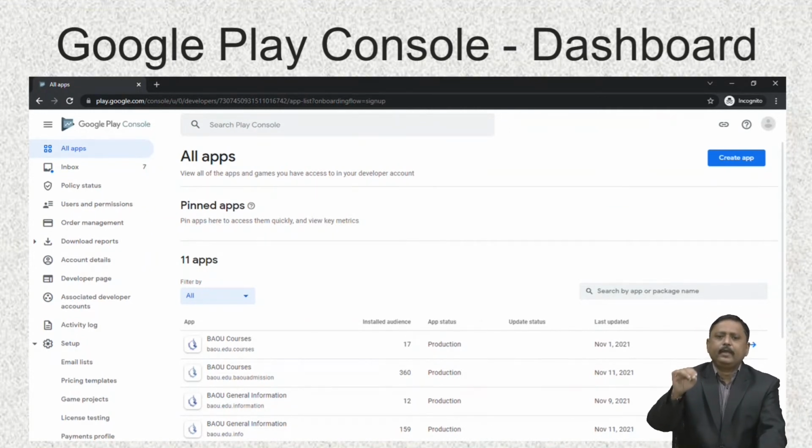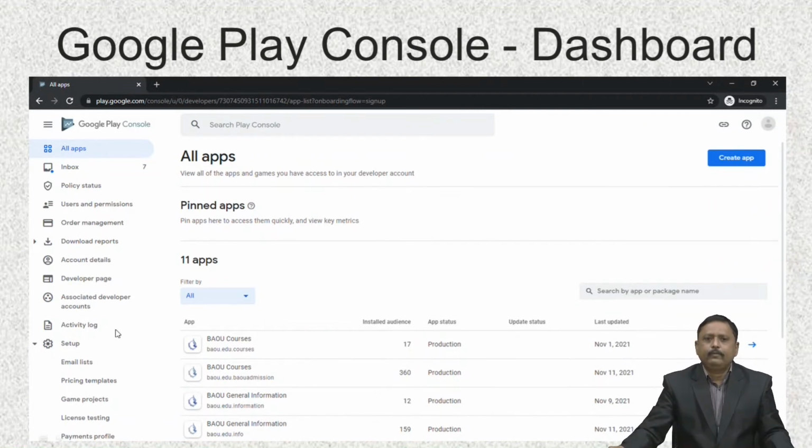And in the detail view on the right hand side, if you have already published some apps, here you can see 11 apps are there. If you follow the mouse pointer, you will see I have already published 11 apps. So, it displays 11 apps. If you have not published any app, this portion is blank. So, how to publish a new app?